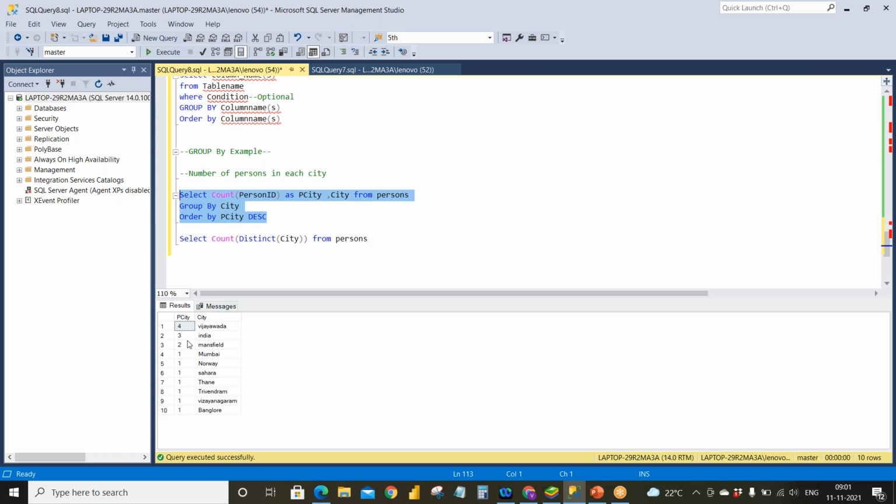In this way you can know which particular city has more persons, and similarly you can use GROUP BY in many examples, like when you are using joins also. Yes, we can close the topic GROUP BY. I'll stop.